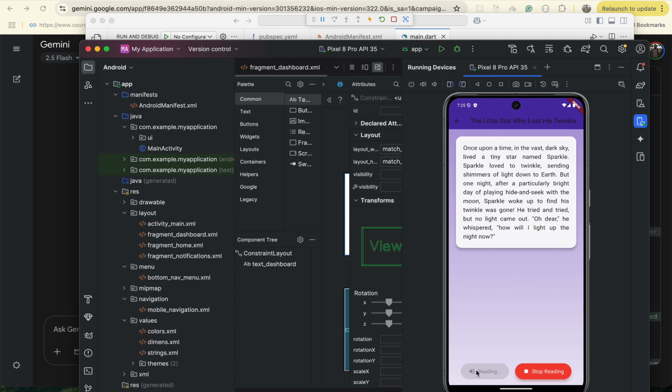Read out loud. It starts all over. So, we do have a mobile app that reads out stories out loud, which has been built with AI. Now we can go further and improve on this app as much as we can,